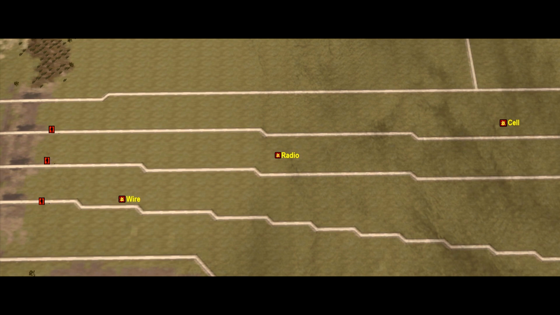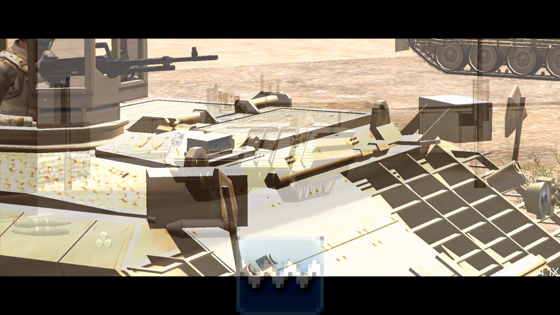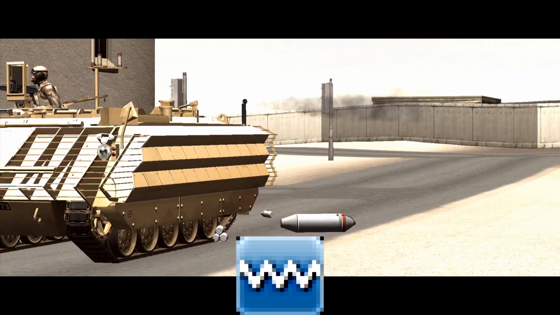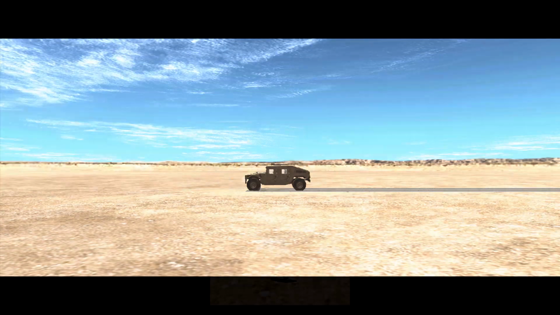Radio IEDs have a 300-meter range and a 20% failure chance, and cell IEDs have a 600-meter range and a 10% chance of failure. Just to make it more awkward, some NATO vehicles are also equipped with jammers that may also stop the IED from detonating. Finally, the force sizes are